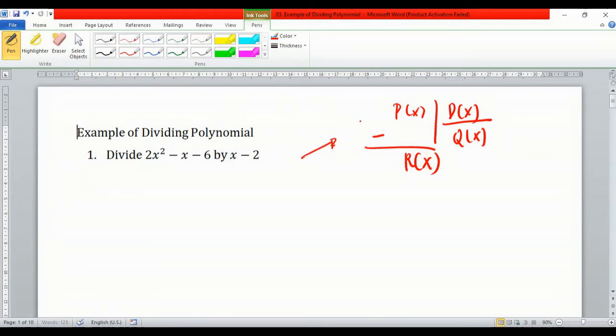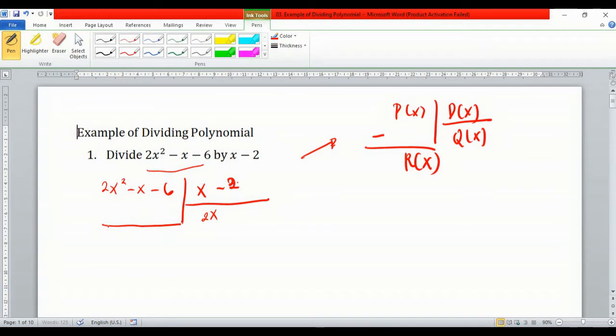Okay, for this one, remember that you need to check if this polynomial has standard form, and this one has the standard form, so we can continue. So 2x squared minus x minus 6 divided by x minus 2, and then from here we should divide 2x squared by x. So this result has to be 2x, right? So 2x times this one, they will have the result